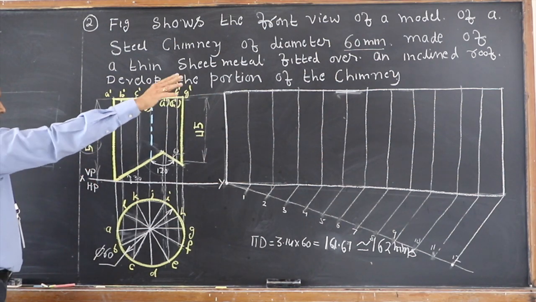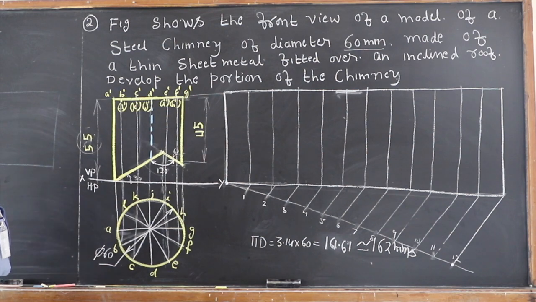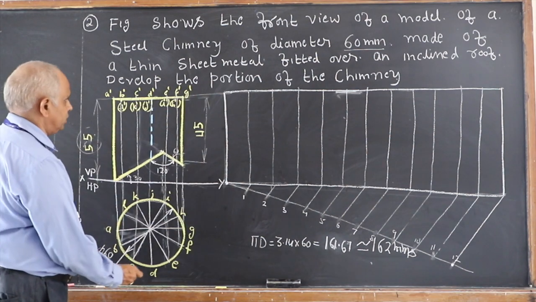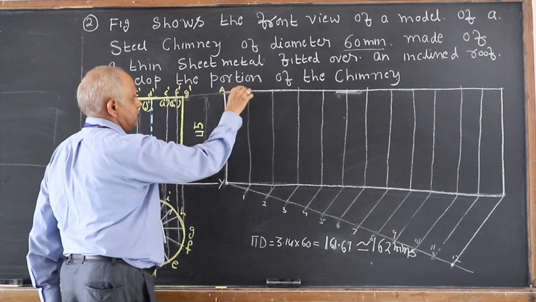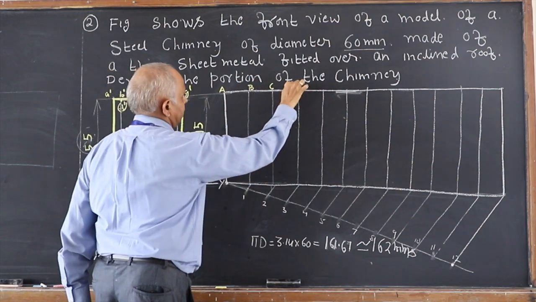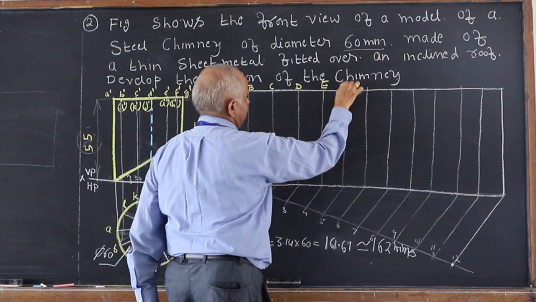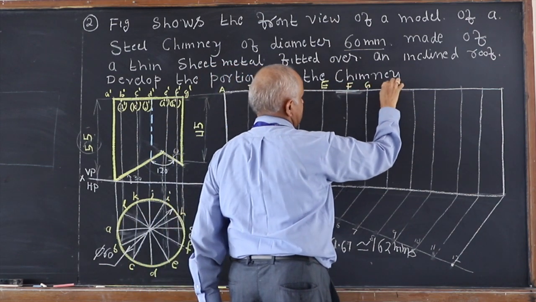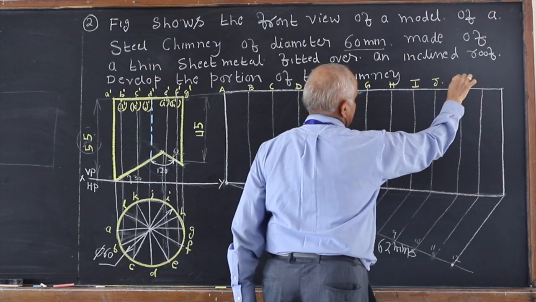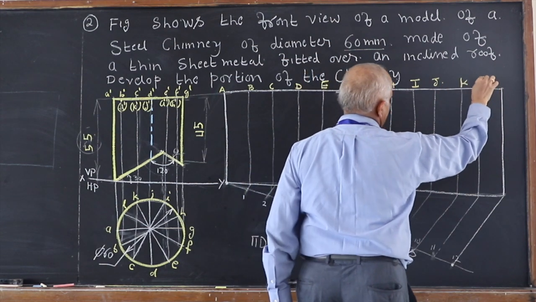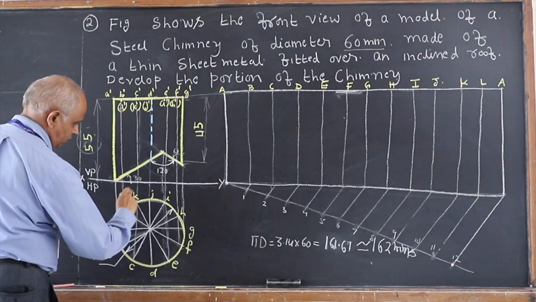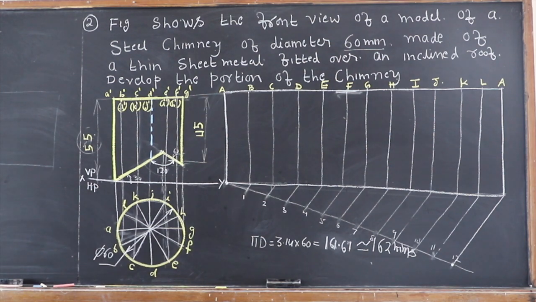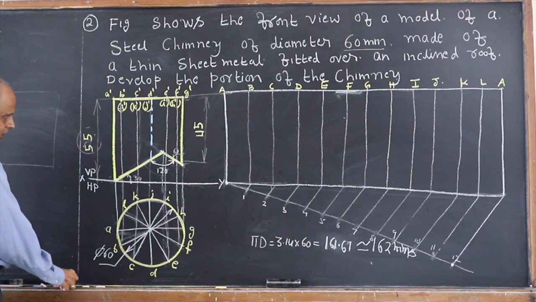Now the top surface is not cut at all, therefore there is no question of any section points. Name these points also on the development. Suppose I cut it open about generator AA1, so this is A, B, C, D, E, F, G, H, I, J, K, and then L, and then back. So it starts with A, 12 divisions, therefore it should end with L, A, so that when you close it, it will be back.